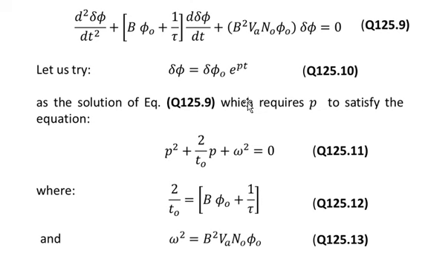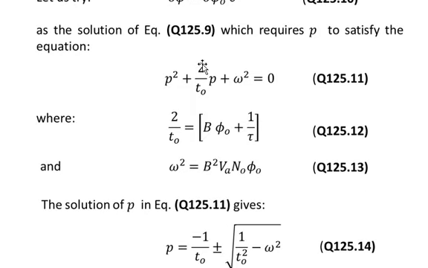So equation number 10 gives the proposed solution for equation number 9, which requires P to satisfy an equation. When you try the solution of equation number 10 in equation number 9, you obtain this condition on P: P square plus 2 over T naught times P plus omega square is equal to 0. P must satisfy this condition in order for equation number 10 to hold as the solution of equation number 9,